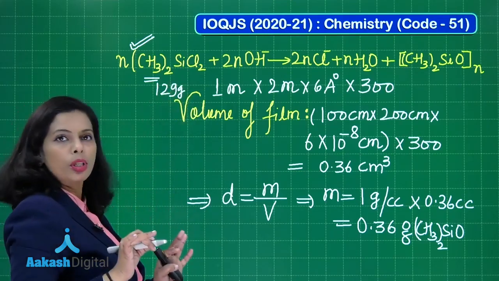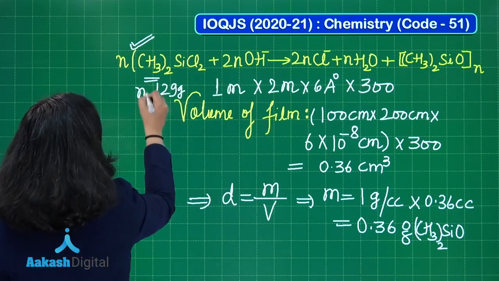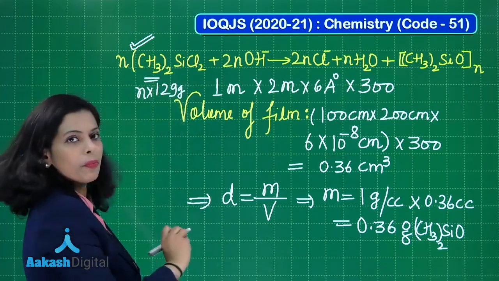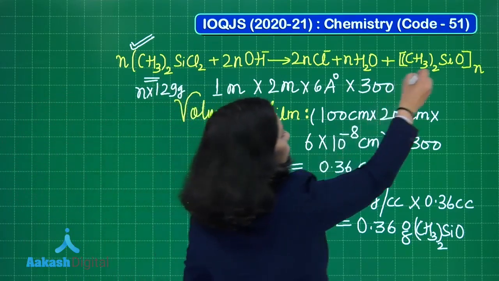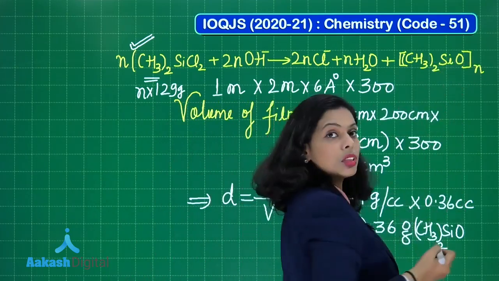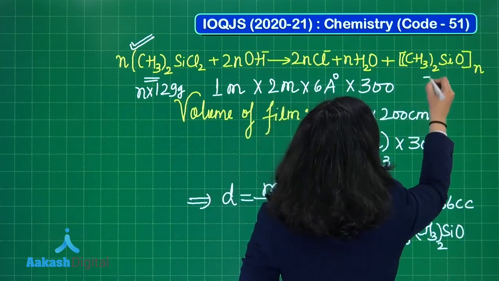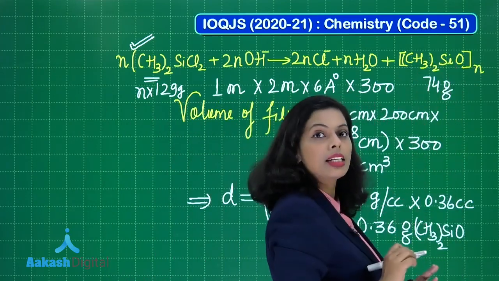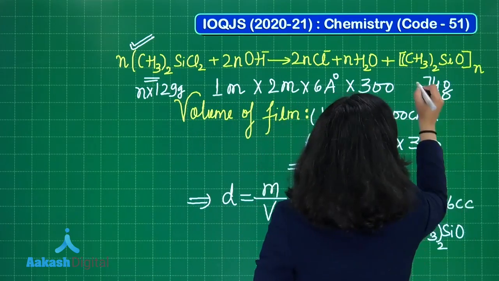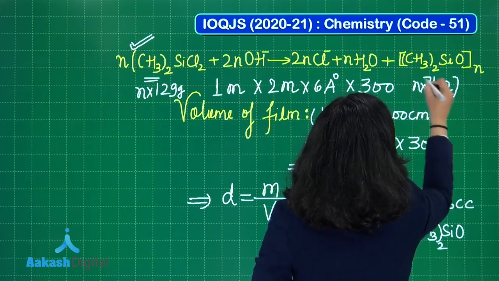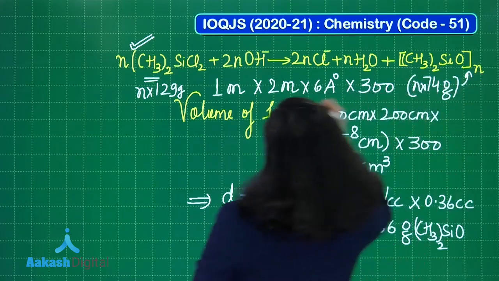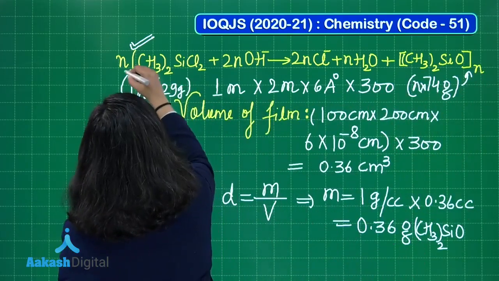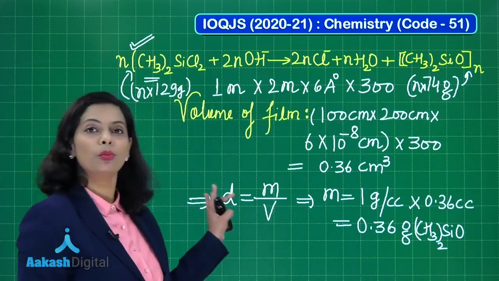Okay, so mass I'm just going to take, n number of molecules are there. So n I have multiplied. Similarly here also, if you just check the molar mass of this species, that would be 74 gram per mole. So the mass that I'm taking here is 74 gram, and n is also multiplied here. Right? This is for this and this is for this. n is same for both the cases.